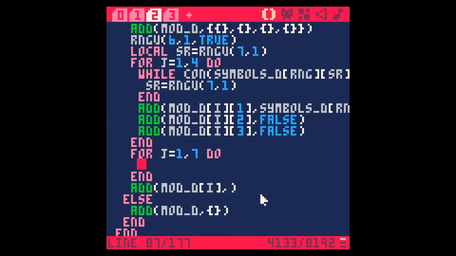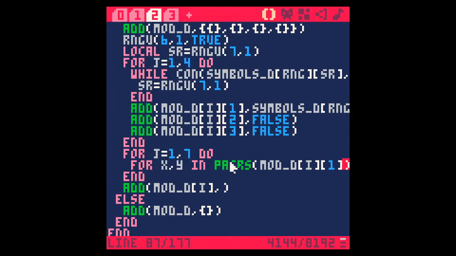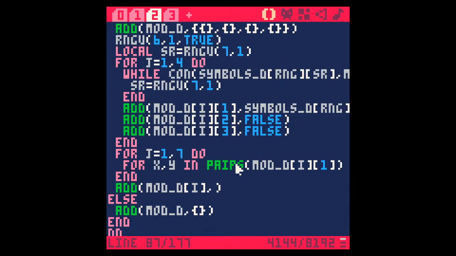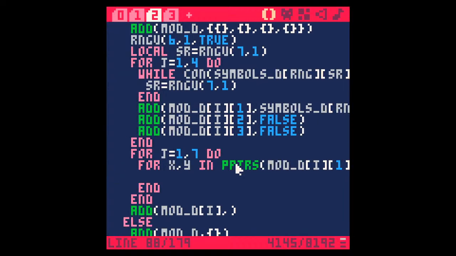So instead I'll do for cycle. That has 2 variables. I'll just use x and y, that's fine. In pairs, and then mod data I 1, I think. So this will go through all of those, and the first one it finds, it will have the index of it. Yes, okay. So for that, do if symbols data